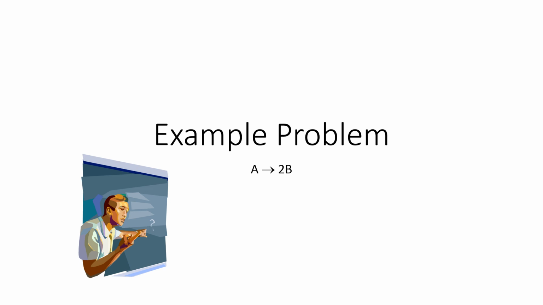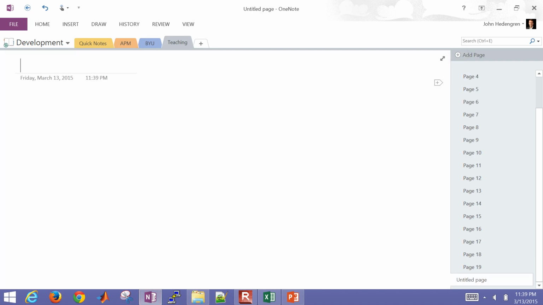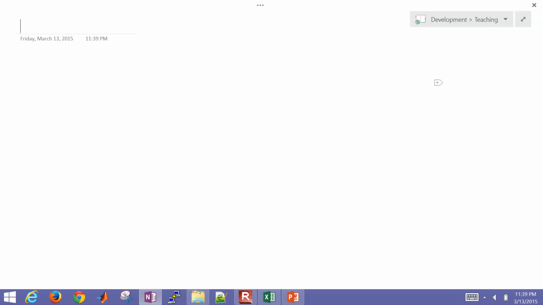Okay, so let's just do an example problem first of all. Now this example problem is just the reaction A goes to B. Okay, and we want to be able to compute the delta H of reaction for this case. Okay, so let me go over to some notes here. Okay. And I'll just create a new page. Okay, so let's say we have A goes to 2B,